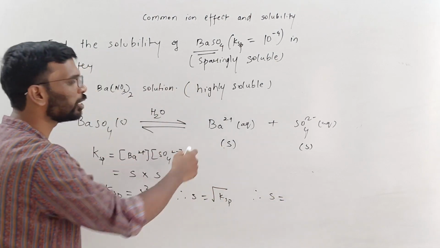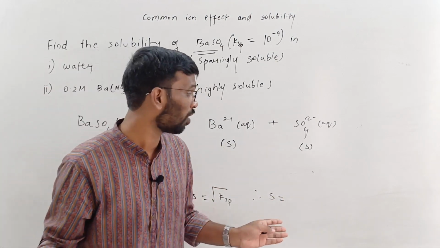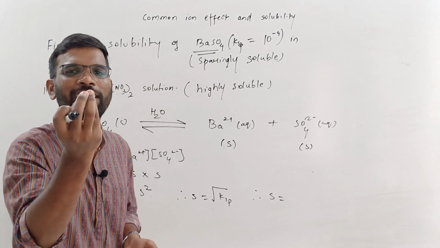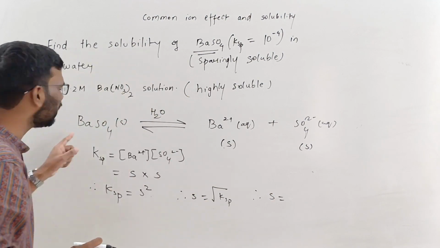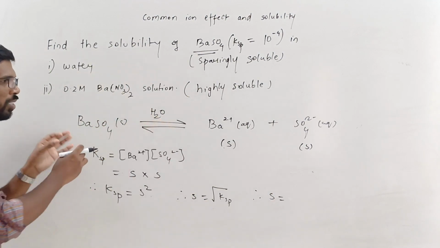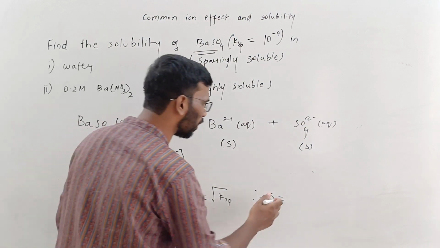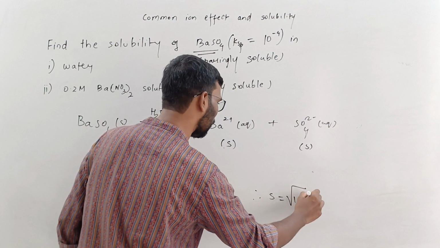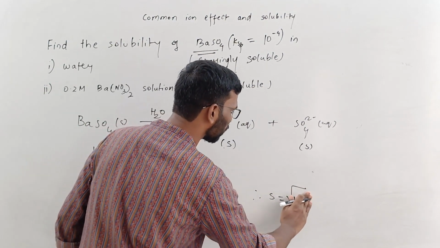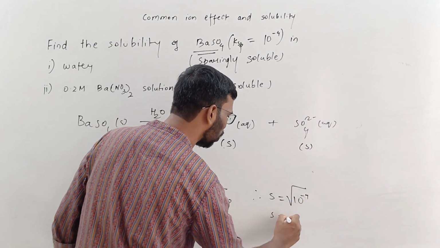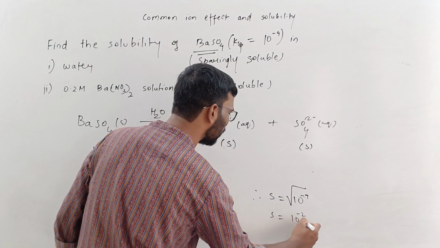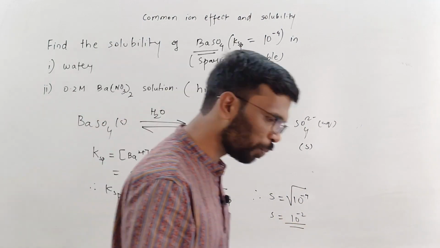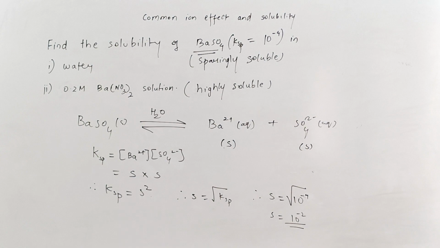What is S? S means solubility, and in terms of what we are finding, it is a concentration. What is the very little amount of concentration in that water? How much is going? KSP for this is given to be 10 raised to minus 4. So S is equal to 10 raised to minus 2. So we got the solubility S equal to 10 raised to minus 2. Now second, so we'll write this.